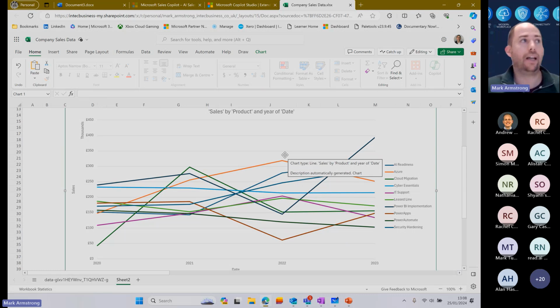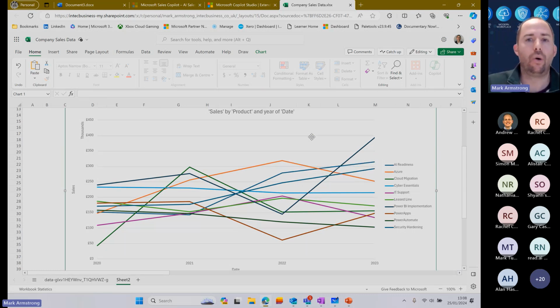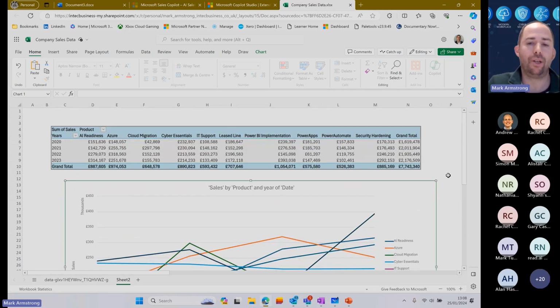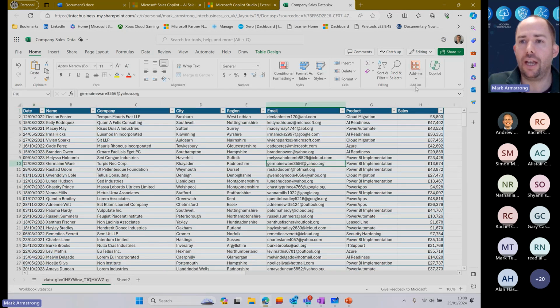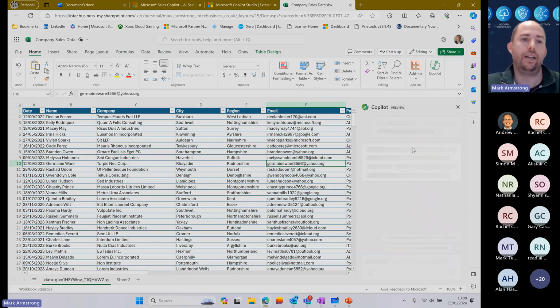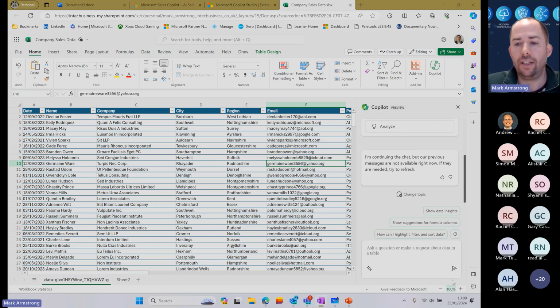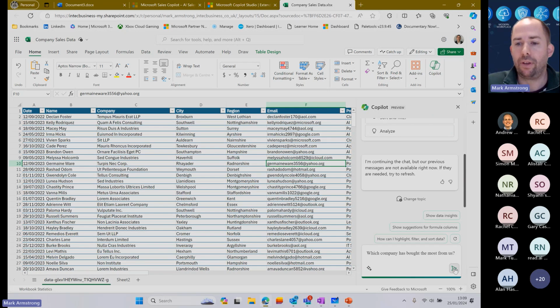What I found with Excel Copilot at the moment is it's the one Copilot that's still in preview. All of the rest are on full release. Excel Copilot isn't, which is why I have found it to be a little bit flakier than some of the other versions of Copilot when it comes to deriving data. But it's still very good at the basics. If I asked it to predict what sales I would do in 2024, it wouldn't be able to do that. But what it is very good at is dragging out information that saves me time. So the other thing I can do with this is say something along the lines of this: